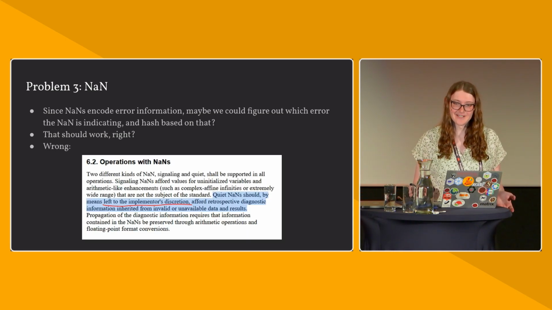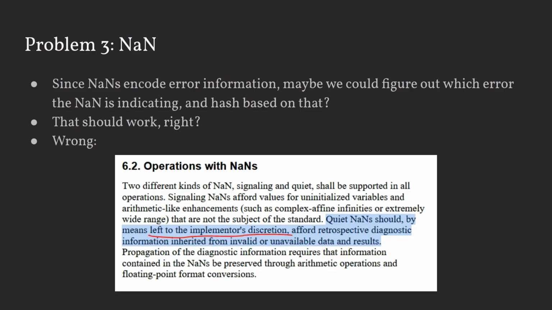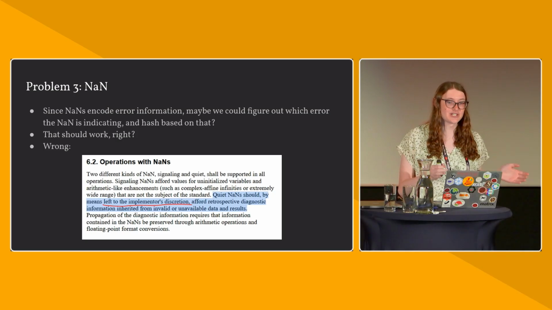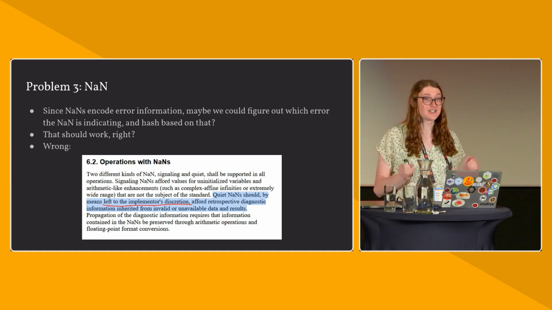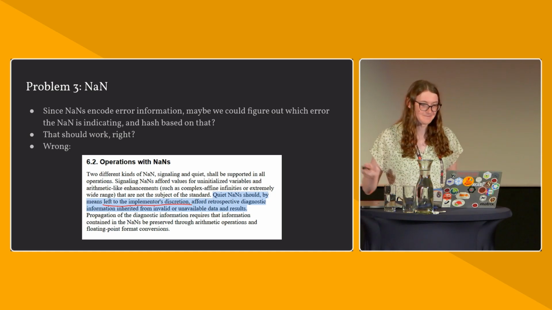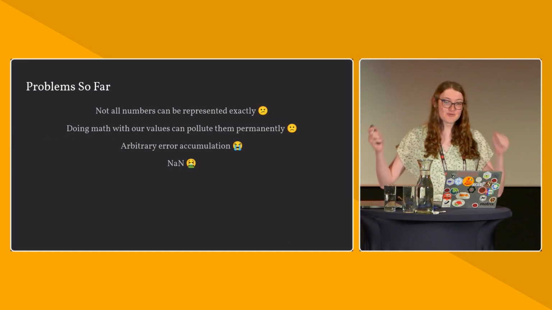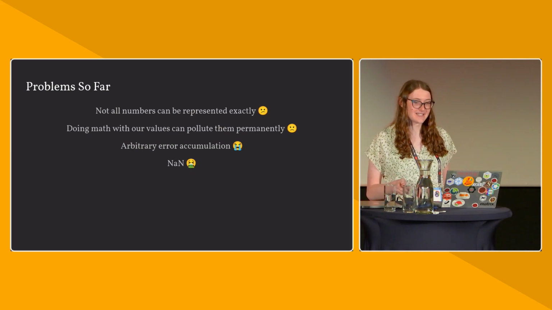Again, in the original definition, we can see here that the exact bits that are encoded is left to the implementer's discretion. Which bit strings correspond to which errors, and even which errors are encoded at all, is left undefined by the IEEE standard. Different chip manufacturers are left to do this however they wish. So if you try to hash exact bit values, you will get different behavior on different platforms. That's really bad. NaN really throws a wrench in things because of all of the edge cases in its definition.